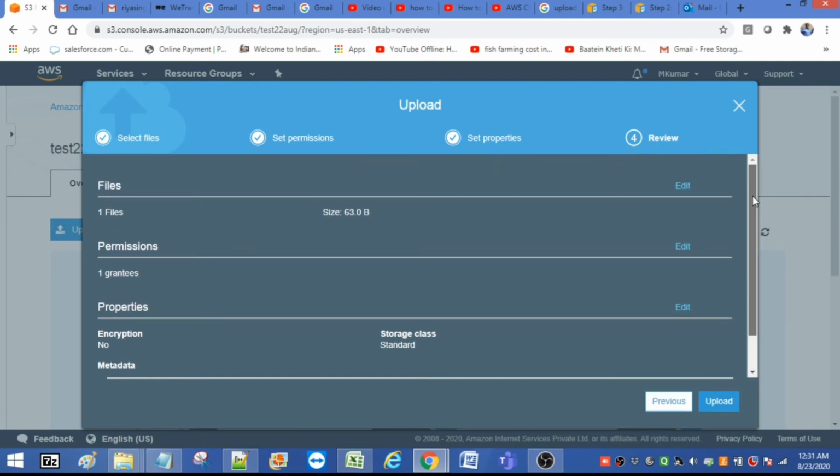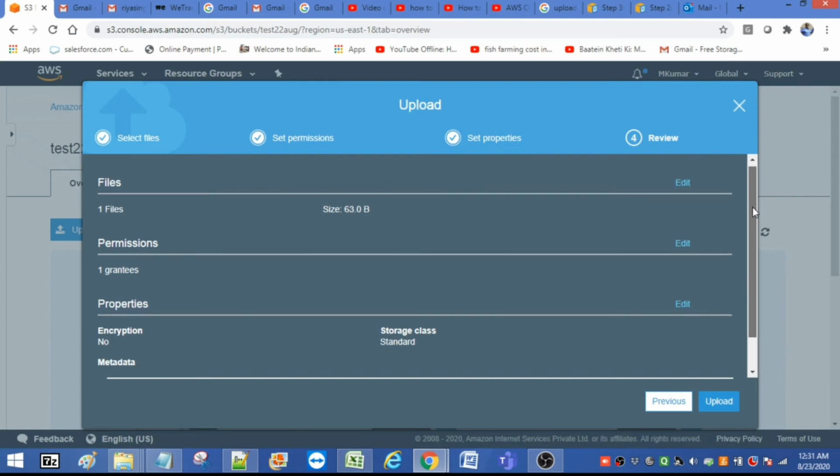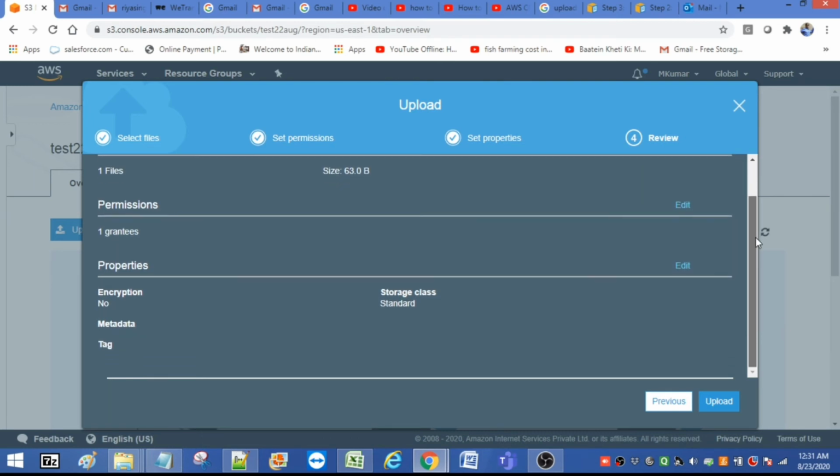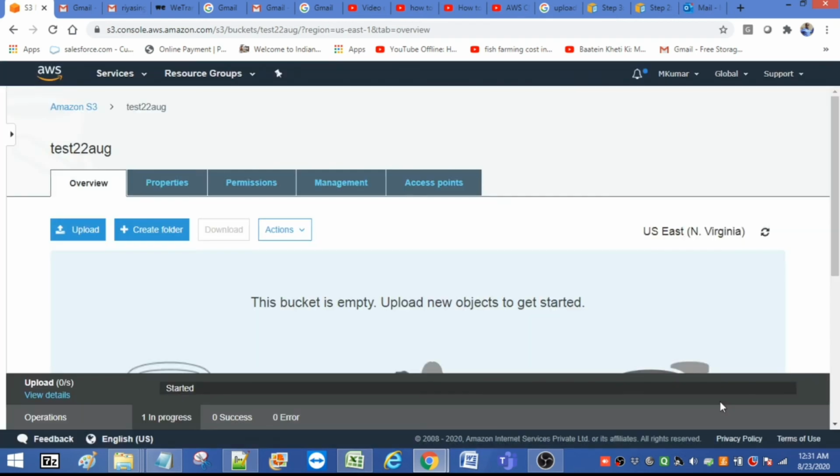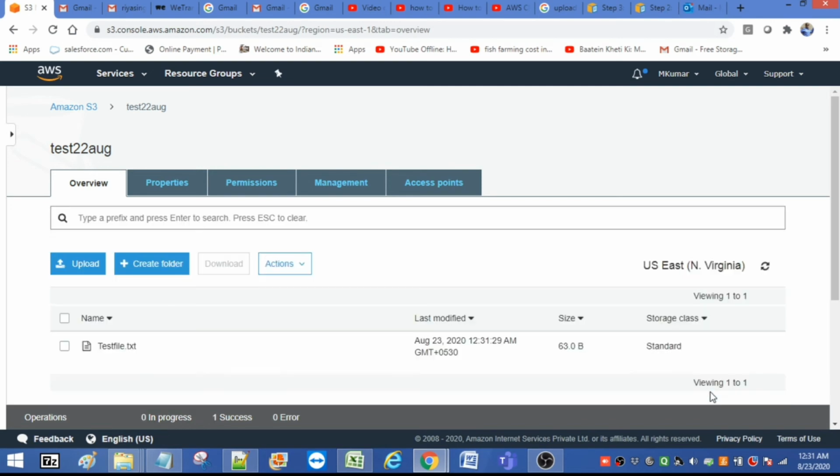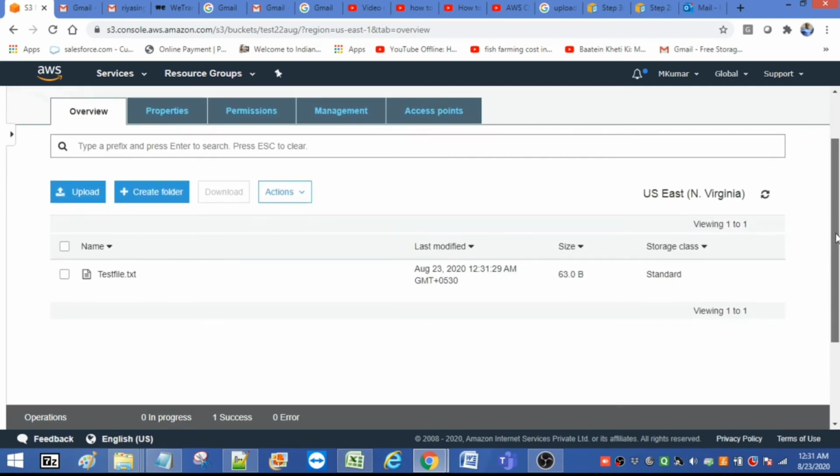Here you can review it: what the file is, what the size of the file is, what the permissions, properties, and metadata are, and then you can click upload. The file is uploaded. Great. Now you can see your test file.